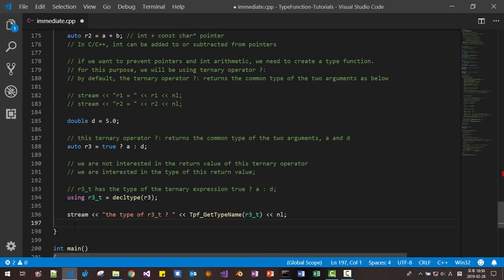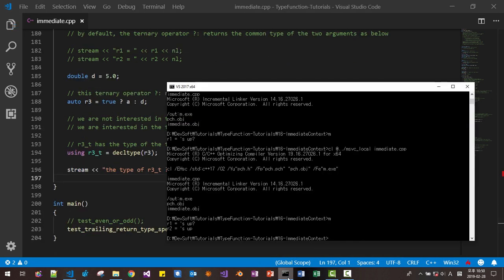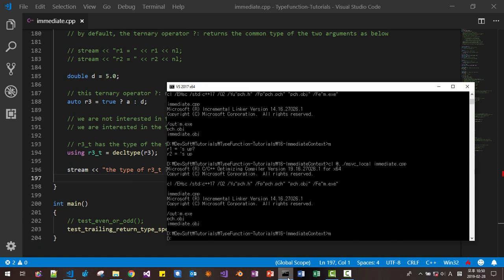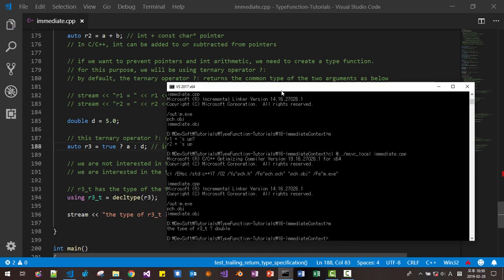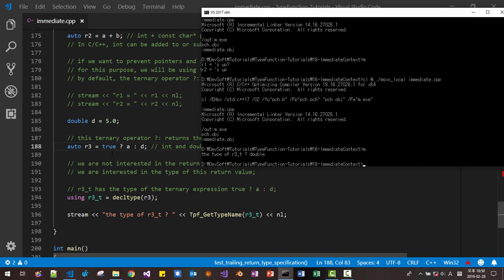Now let's build this function. So when int and double are operated, the resultant type is double. When this A is integer type and D is double type, when they are operated, the resultant type is double.